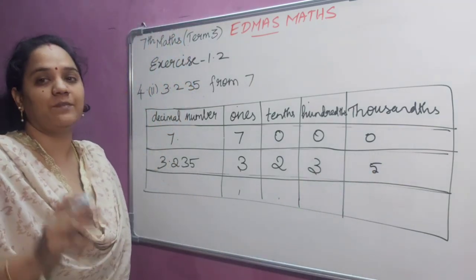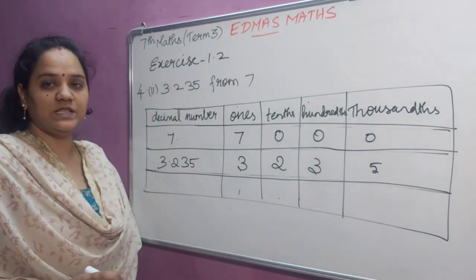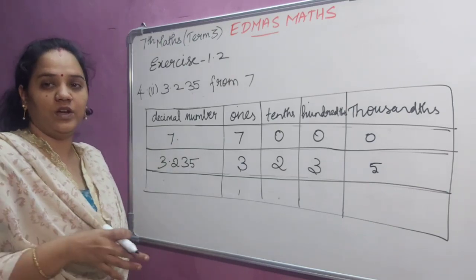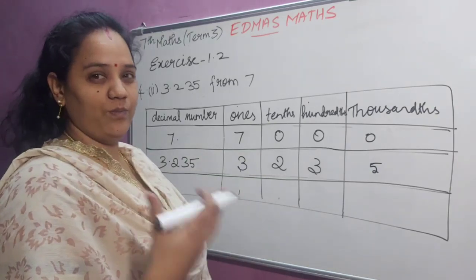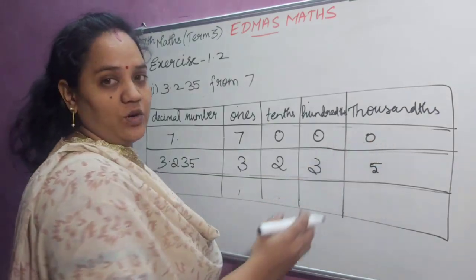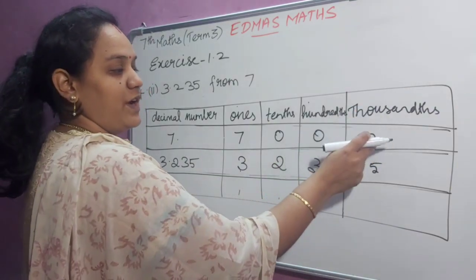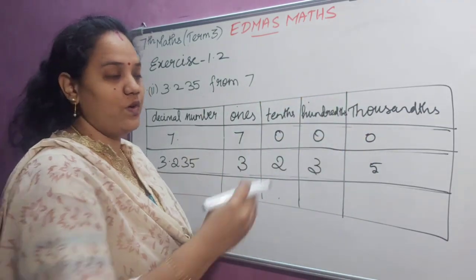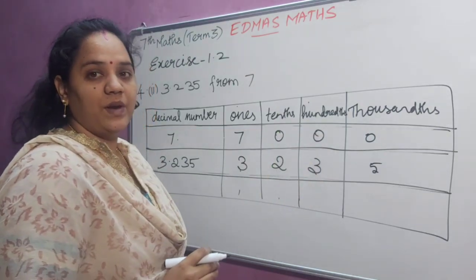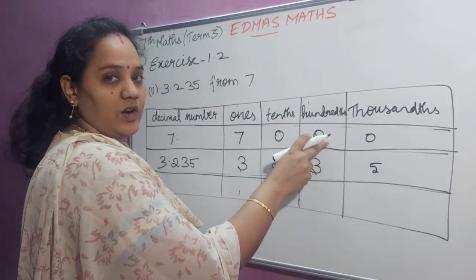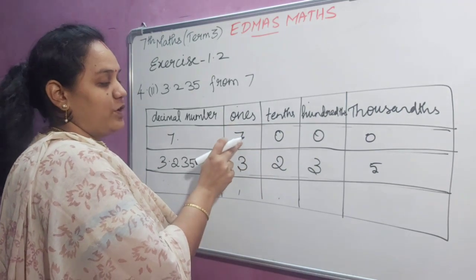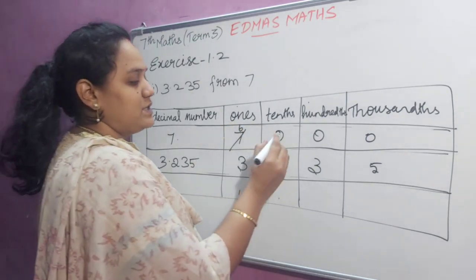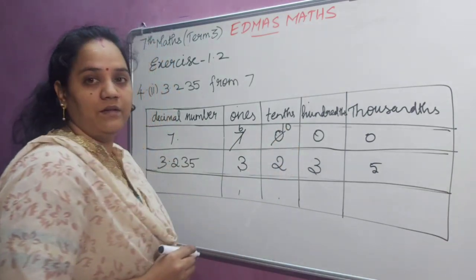Now we are going to subtract. Likewise, second sum we have done addition. Fourth sum we are going to do subtraction. The same procedure. Here we have 0. So what we have to do? We can't subtract 5 from 0. So we have to borrow from the previous number. But here also 0. So here also 0. So I am going to borrow from this 7. So this will become 6. This 0 will become 10.